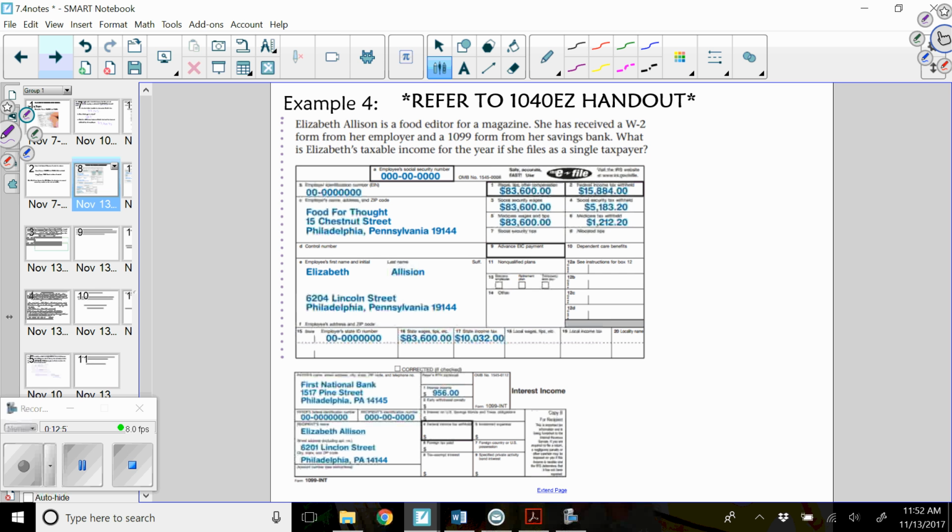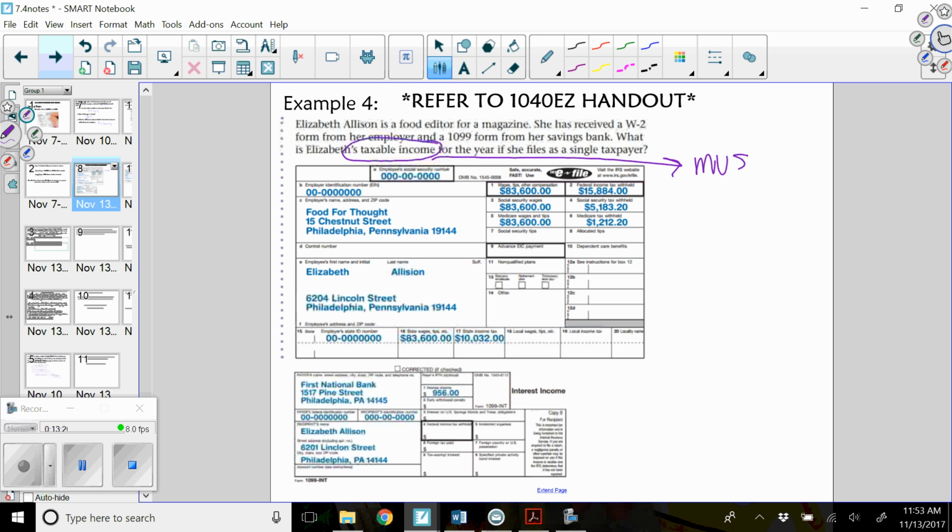All right, so Elizabeth Allison is a food editor for a magazine. She has received a W-2 form from her employer and a 1099 form from her savings bank. What is Elizabeth's taxable income for the year if she files as a single taxpayer? Now, in order to find her taxable income,